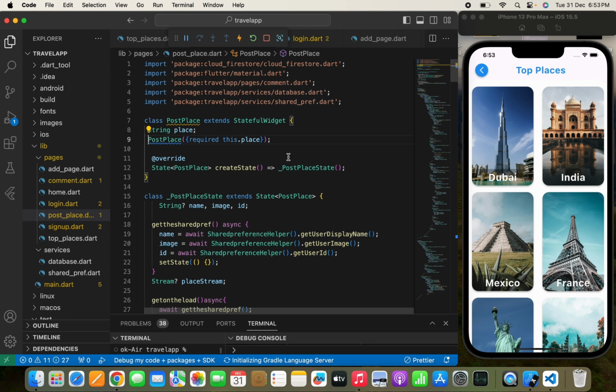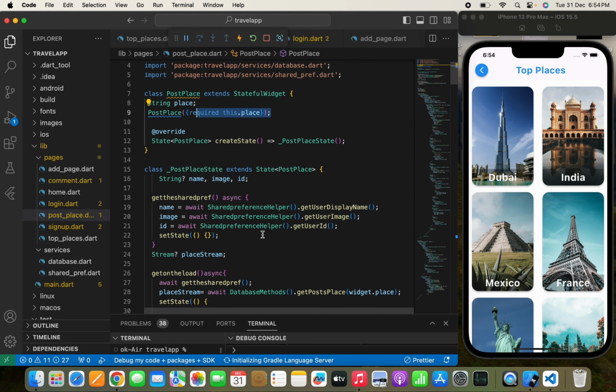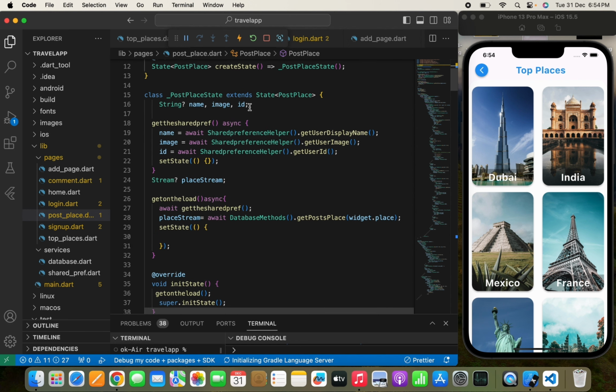Yeah, so that's why I've created one post place, and here I'm getting the place that the user has selected. So for example, if the user selects Dubai, then the place will be Dubai, same for India. Now in the string name image ID, I am getting all the data by using shared preference,